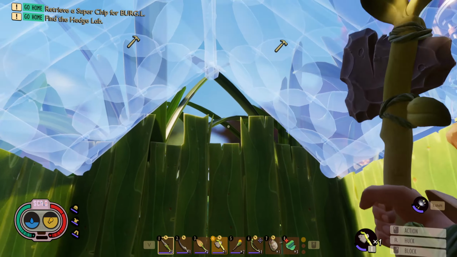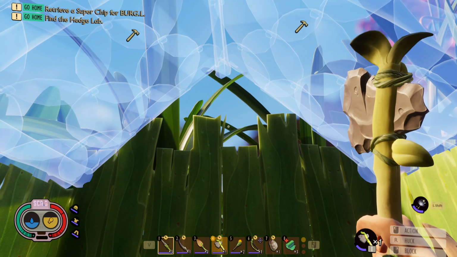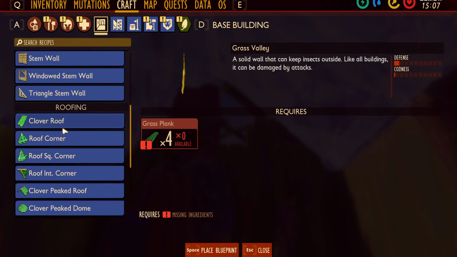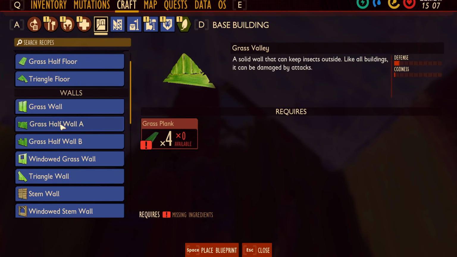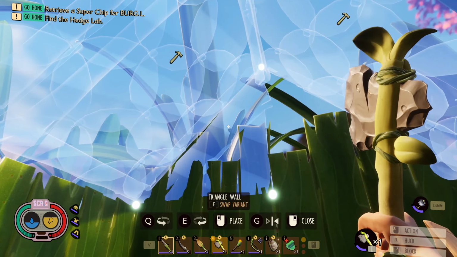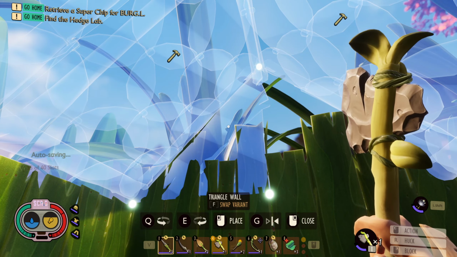So you're probably thinking now, hey, we got these gaps in here, so how am I going to fill these gaps in? Now, there are a few ways you can do this, but they do have these little things right here that are like the half grass walls, and you have these triangles. Now you can try the triangles to start with to see if they will fill in this area. In my case, it looks like yes, they will. So I'm going to put one here,